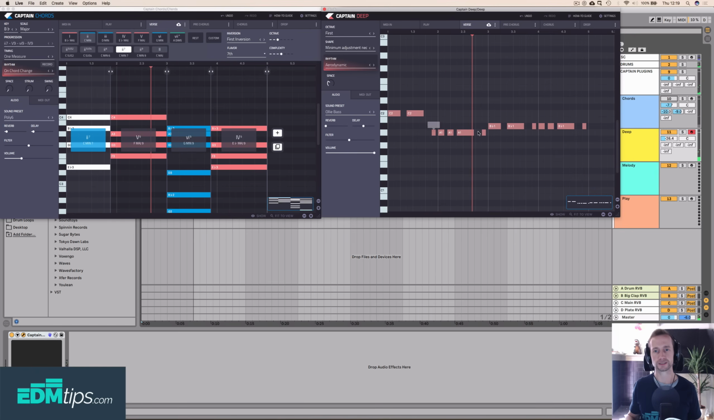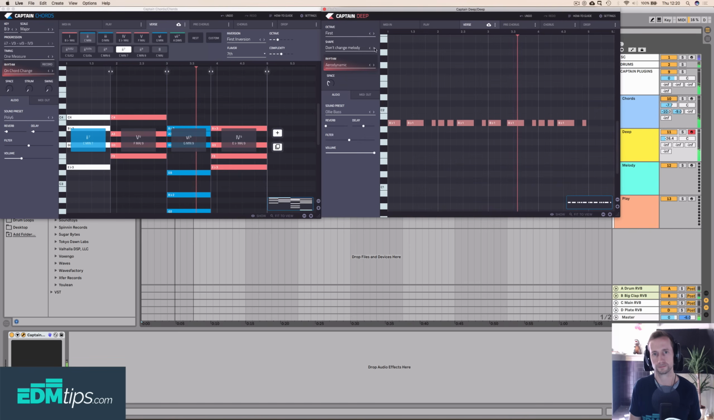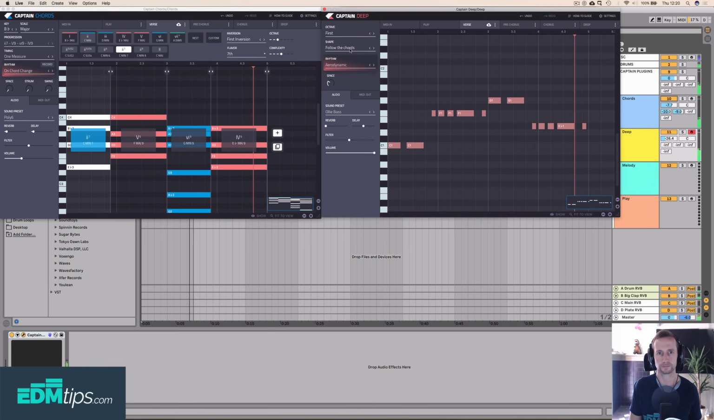So you can have the bass notes hitting different notes from within these chords just to spice things up a bit. And you can choose the octave as well, but I like this octave. And if we go to chorus,